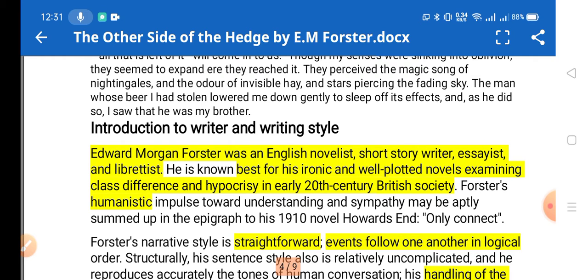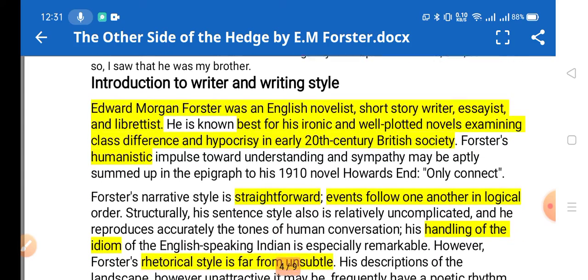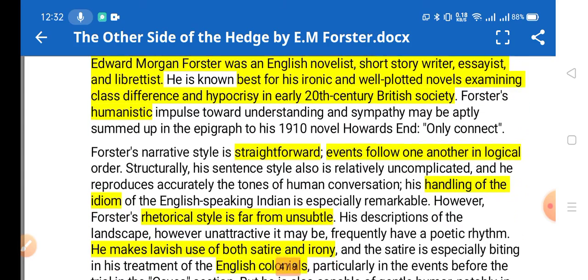So E.M. stands for Edward Morgan. So E.M. Forster means Edward Morgan Forster. He was an English novelist, short story writer, essayist, and librettist. He is best known for his ironic and well-plotted novels examining class differences, distinction, and hypocrisy in early 20th century British society. Forster's humanistic impulses are there in the story, and his sympathy may be aptly summed up in the